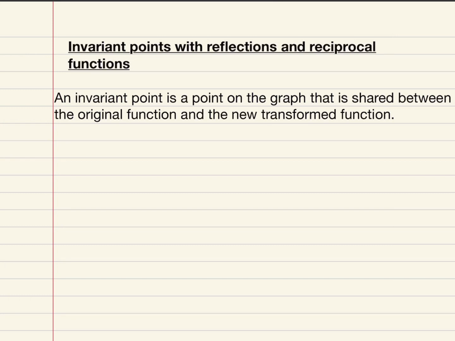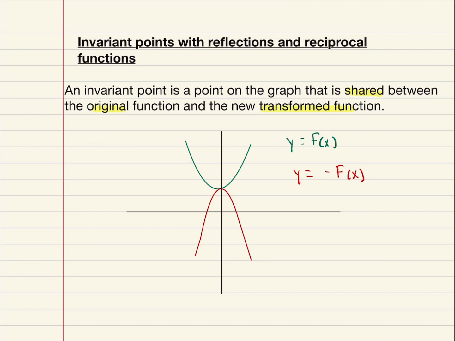An invariant point is a point on the graph that is shared between the original function and the new transformed function. So for example, let's say we have a function y is equal to f at x, written in green over here, and then we reflect that function over the x-axis, y is equal to negative f at x. This point here, which is shared by both the parent function and the transformed function, this here is the invariant